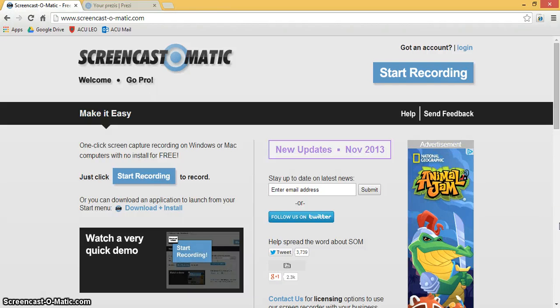G'day everyone. Today we're going to look at Screencast-O-Matic, and basically this is a program that can be downloaded from this site, Screencast-O-Matic, and it allows you to record what's on your screen. Now this is basically how I've been making my videos so far, and I think it's a really great tool for explaining concepts. Now I've been using it in the context of showing how to use IT skills, but you